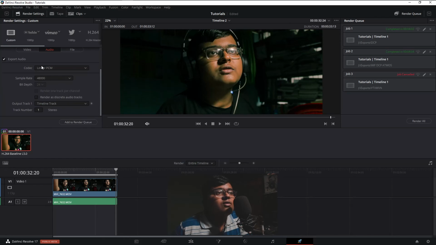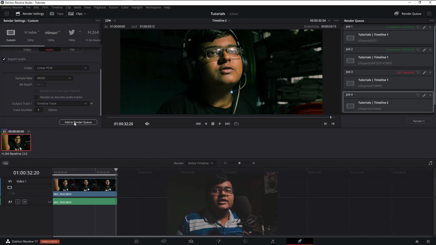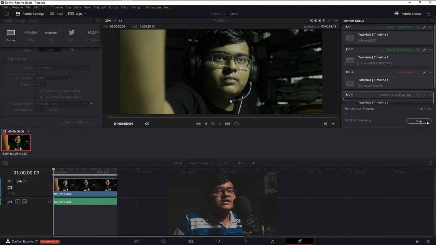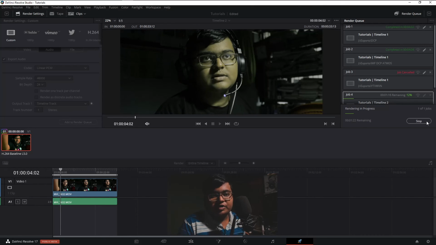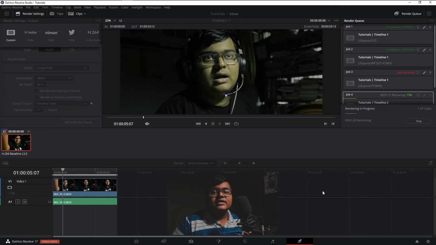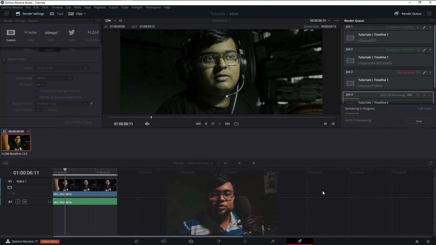Now let's come to the audio. Audio will be the same like this, but the minus thing is you cannot export Dolby Atmos in DCP. So we need to check how to do that, like in IMF it's supported but not in DCP. Add to render queue, then click on render. It will take an age. One thing to note, the colors have shifted a little bit, so you need to go to a cinema server to preview what's going on in the DCP. So I recommend you generate the DCP twice or thrice and go and check back before the final one is done.